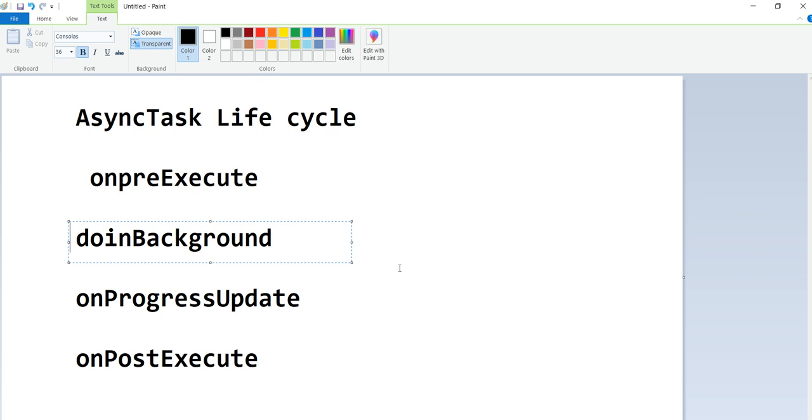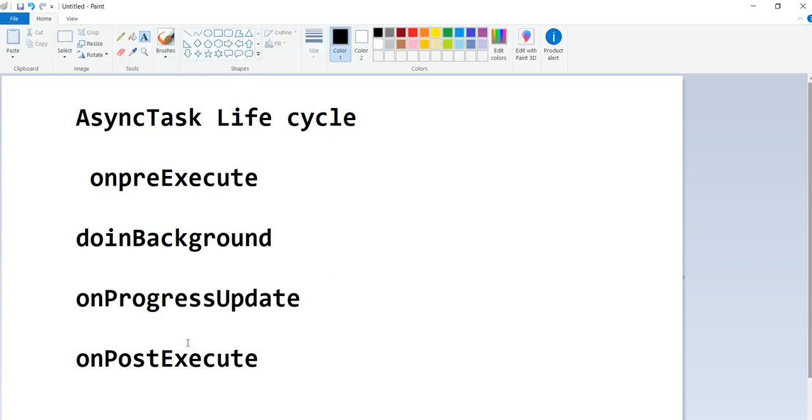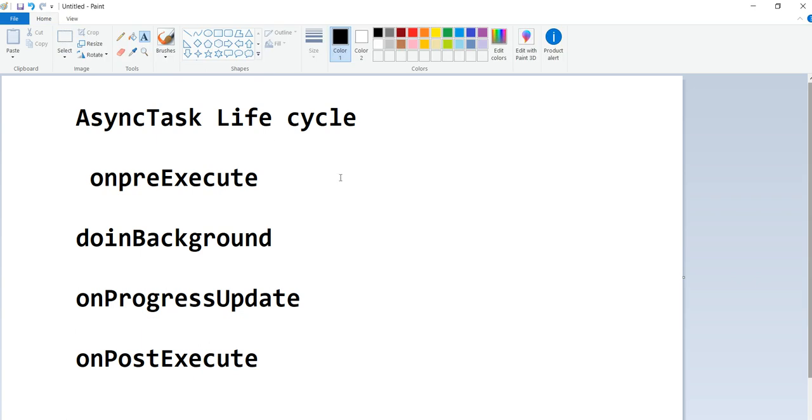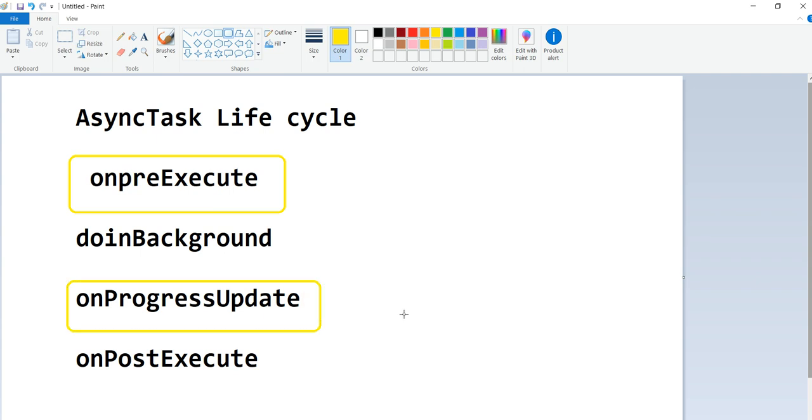So then what happens? Whenever it's in the background, the user needs to wait. That waiting we can control from here, onProgressUpdate.